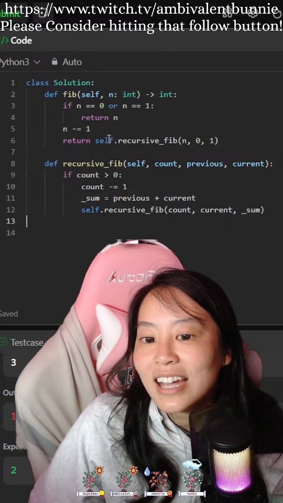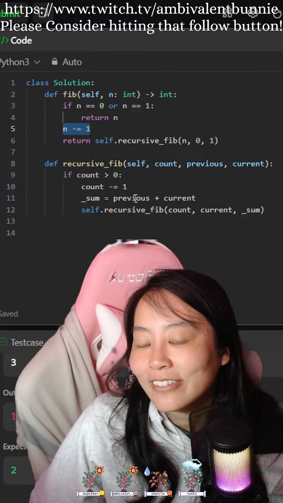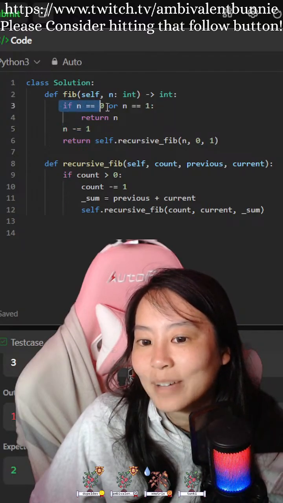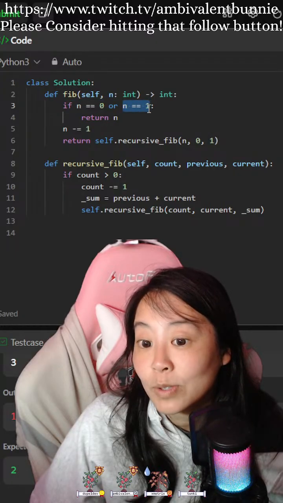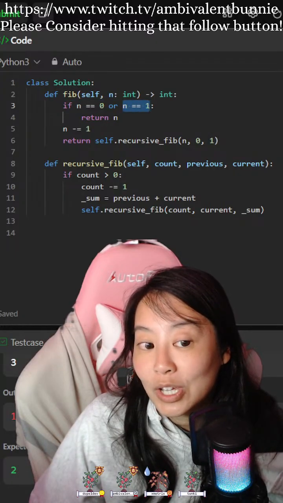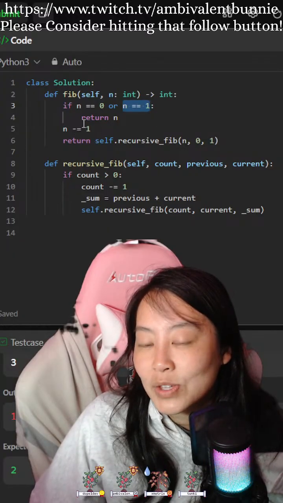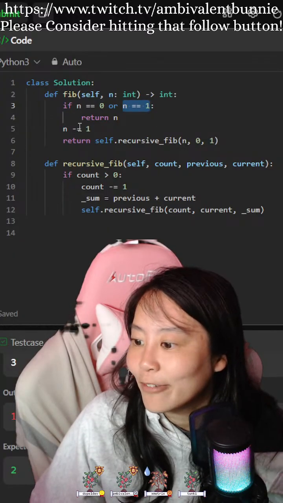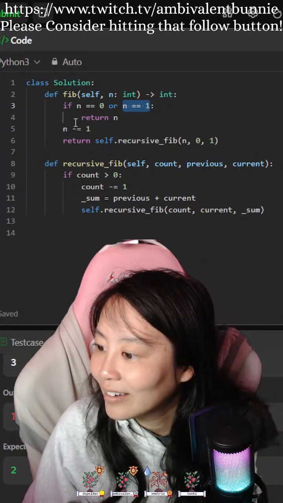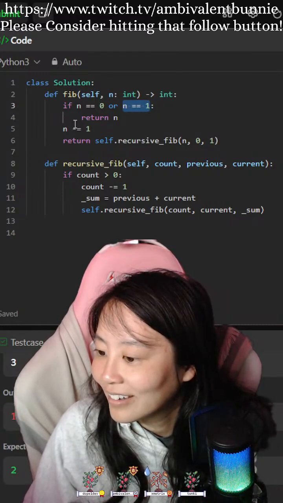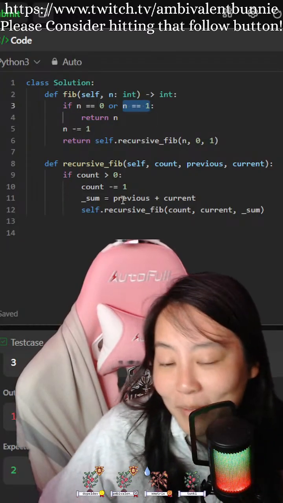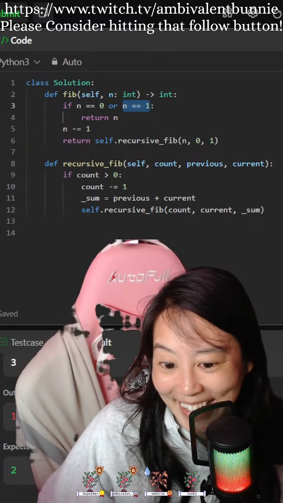Okay, so the n minus 1, the reason why I did that was because I'm taking care of this right here, which is n equals 1, which is 1. So the count would be affected there. I'm just having trouble with the return statement right now, guys.